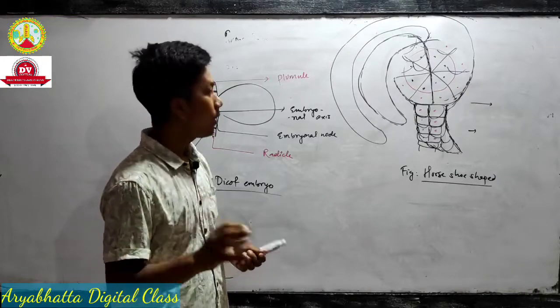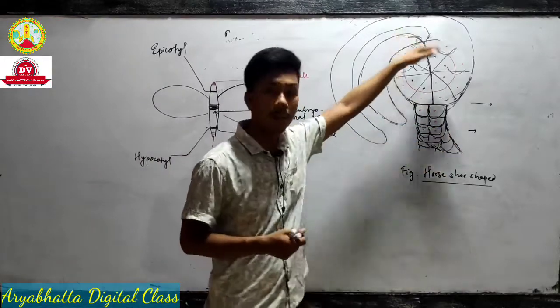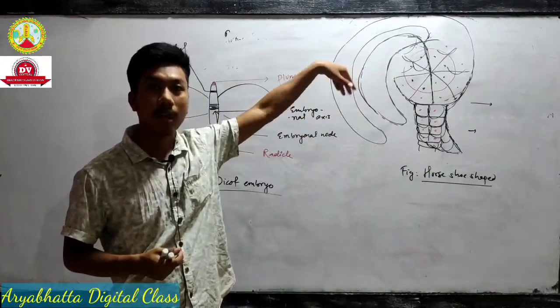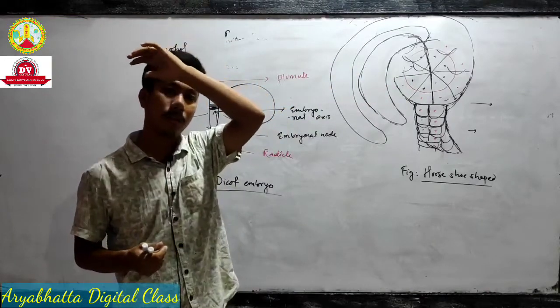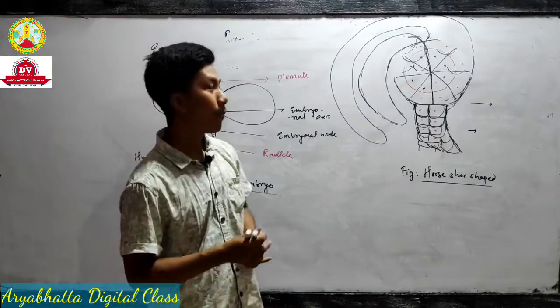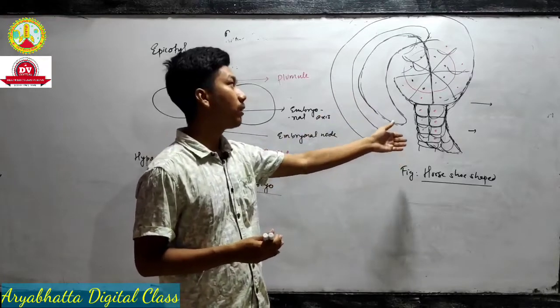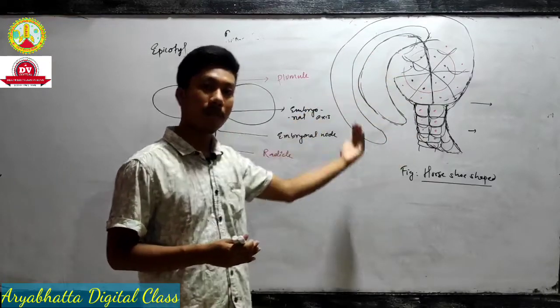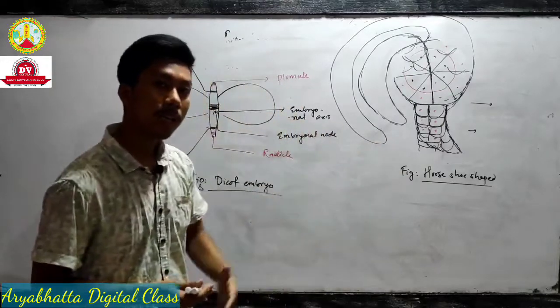Next, what happened? The lowermost cell bends down, and the uppermost cell, the structure appears heart-shaped. That's why the structure is called heart-shaped structure. And again, it will further become compact. What happened? The upper half region of the proembryo bends down. The other half again bends down at the same time towards the same position, and finally it results in